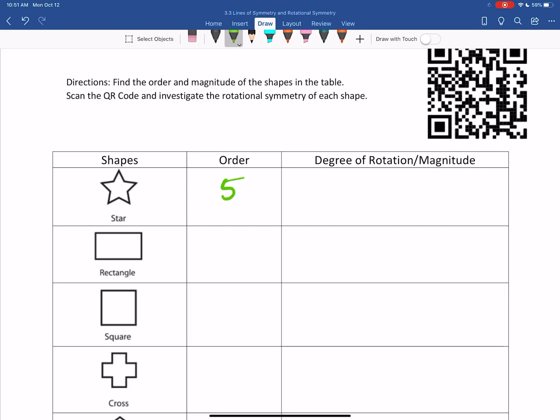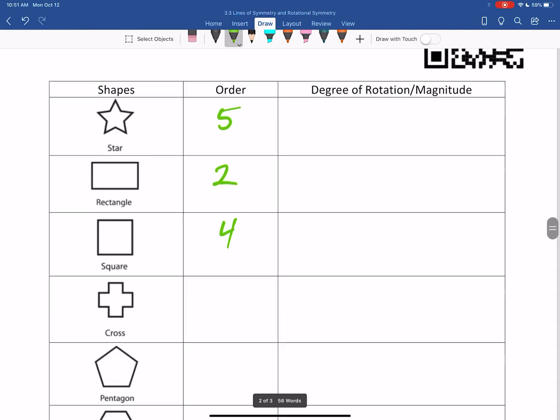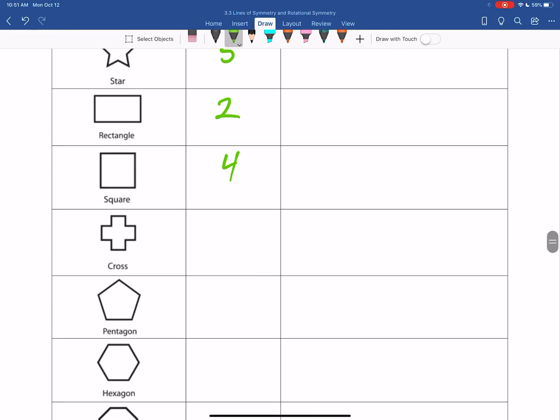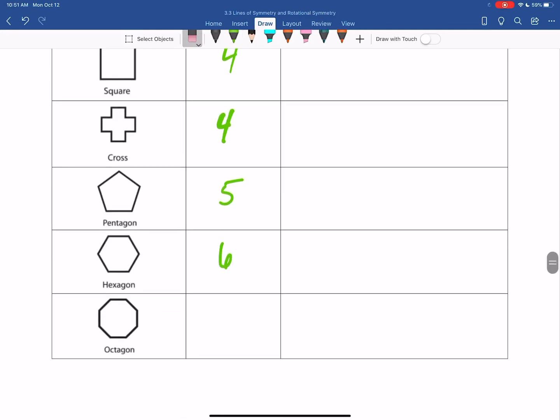For the rectangle, it's not a regular shape, but when you rotate it on that GeoGebra mapping, you should have got an order of 2. A square had an order of 4. The cross had an order of 4. The pentagon was 5. The hexagon was 6. The octagon is 8. And what you're starting to notice here is that when we have the regular octagon, the regular hexagon, the regular pentagon, the order